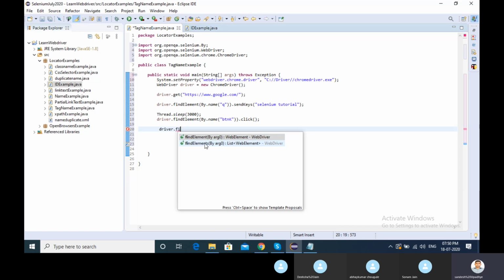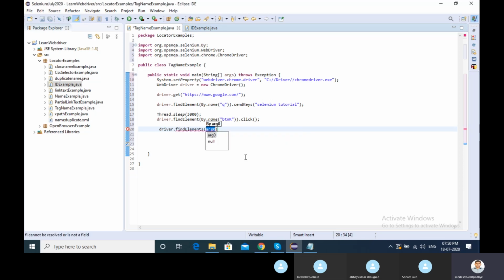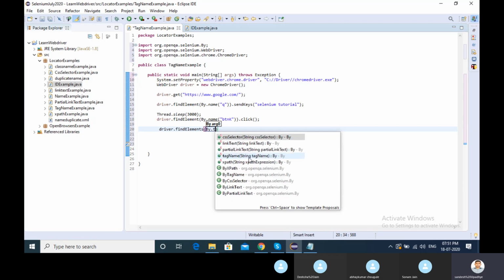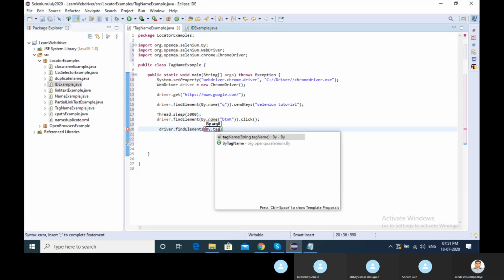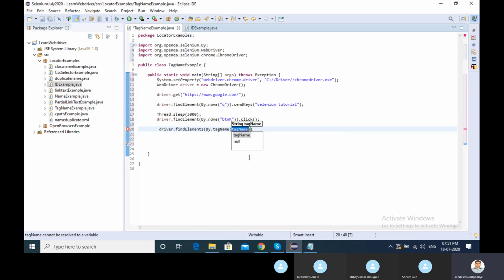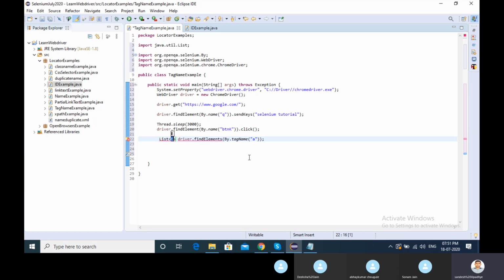In that case I can go with findElements, with By dot tagName. And which tag name I want to find? The anchor tag. You are getting so many things, a list, so you want to put it into a list of WebElement.